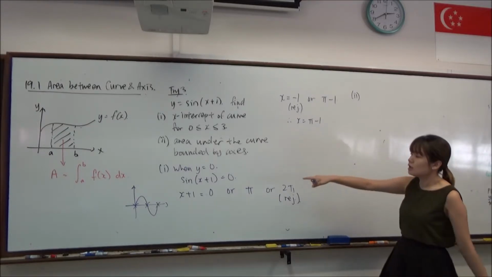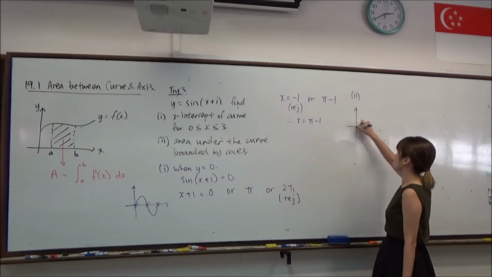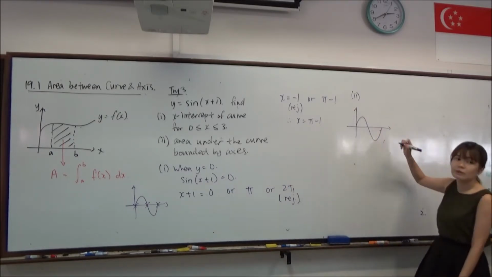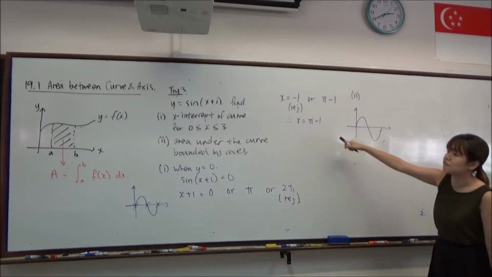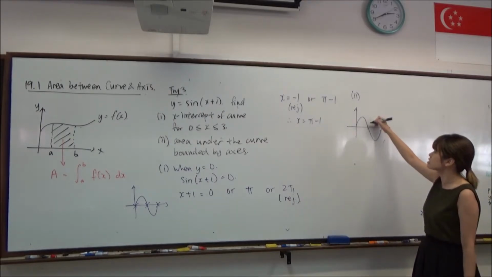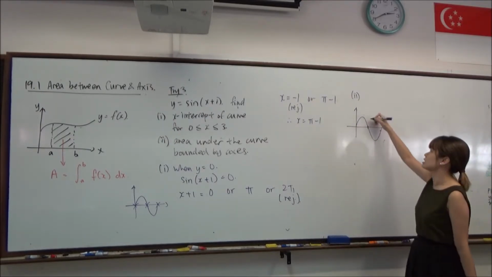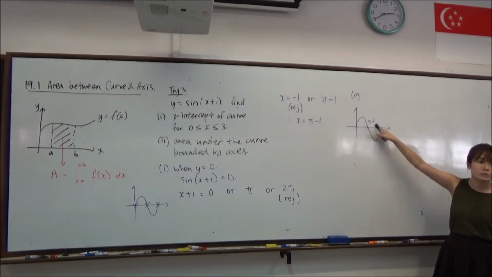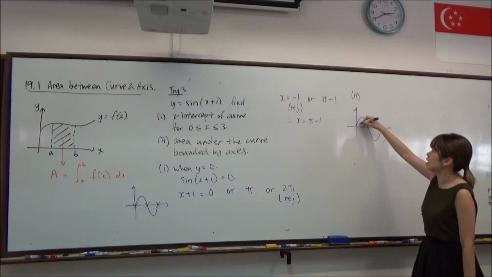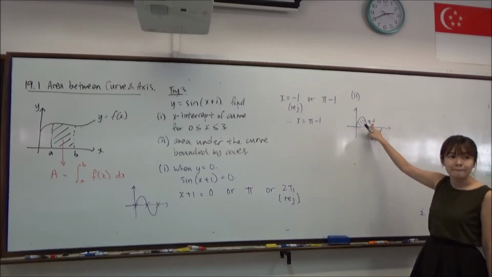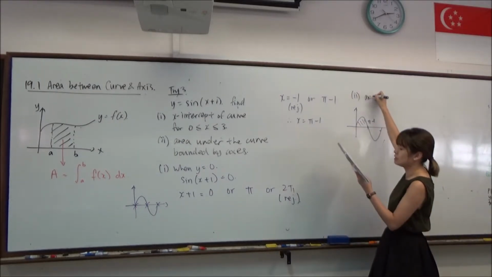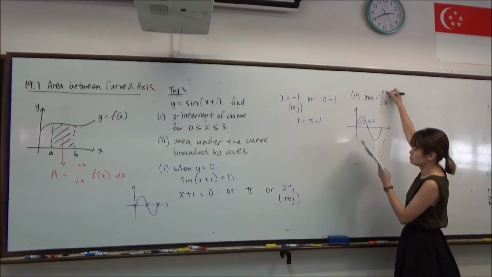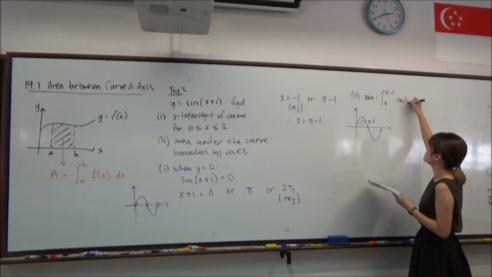So looking at the graph itself, this is what we're seeing as the graph. We acknowledge that for part 1 the graph is not accurate, just a representation, that this point will actually be pi minus 1, so we're looking at the area from 0 to pi minus 1. So to find out what is the area,